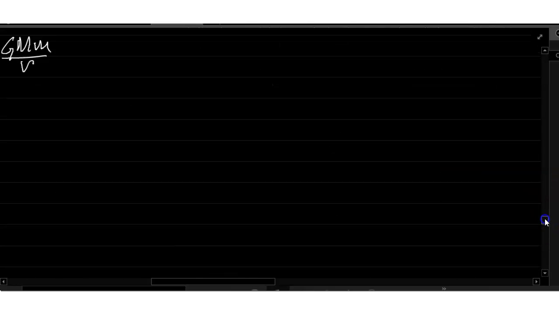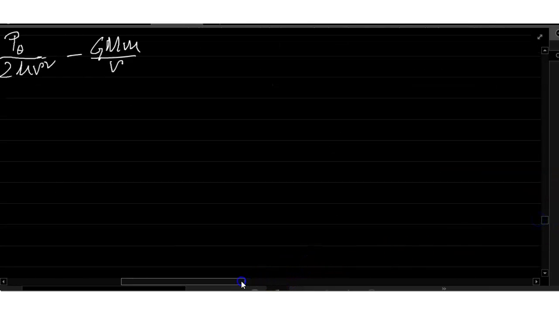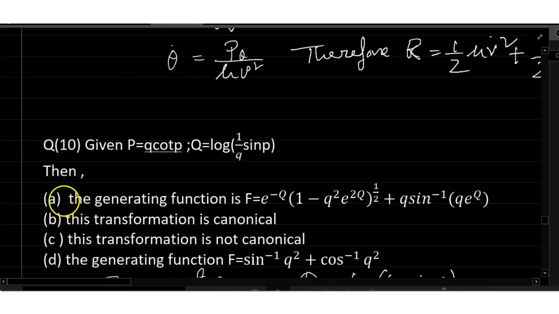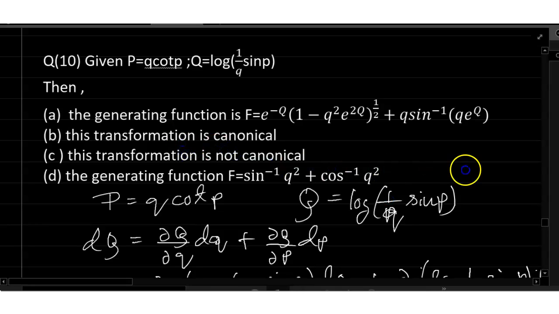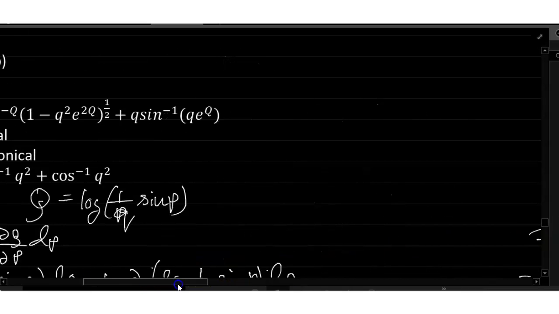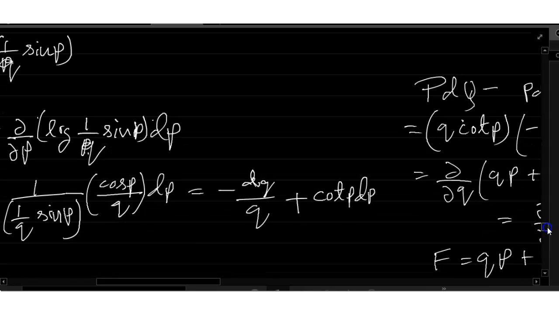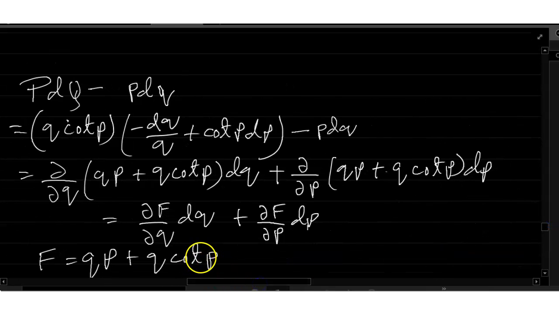So my answer is that this transformation is canonical. This is correct. The generating function is very simple because we already get that f is equal to qp is equal to q cot p, but now